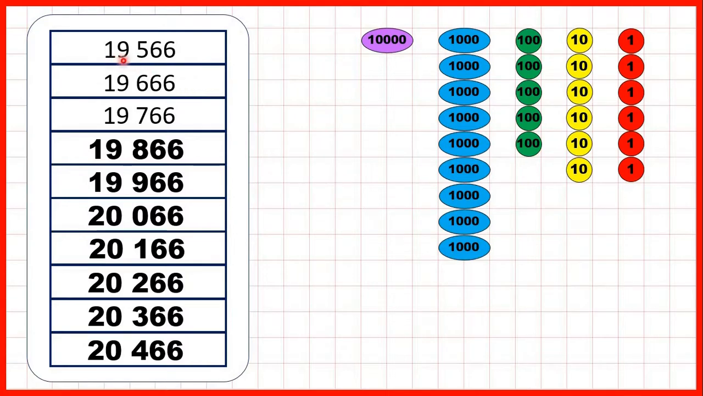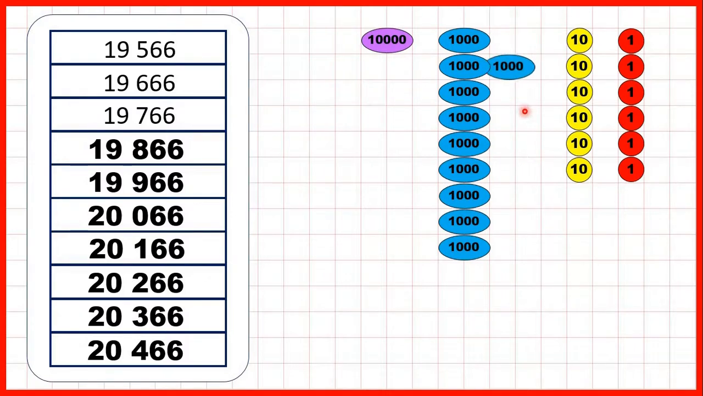Now we can show place value counters to represent our counting. So we start with 19,566. So in that number, we have 1 10,000, 9 thousands, 5 hundreds, 6 tens, and 6 ones. We're counting in hundreds, so we start with 5 hundreds, but we can add hundred counters, so we have 6, 7, 8, 9, and then when we have 10 hundreds, because we can only have one digit in each place value, what we need to do is exchange our 10 hundreds for 1,000, because 10 hundreds has the same value